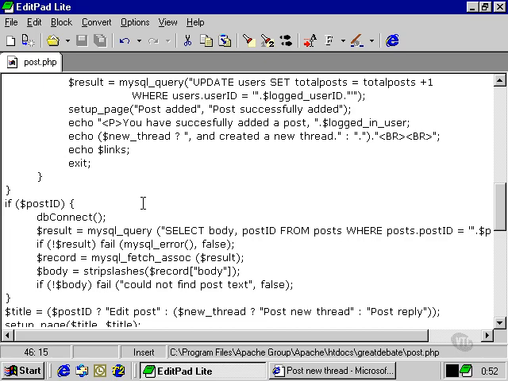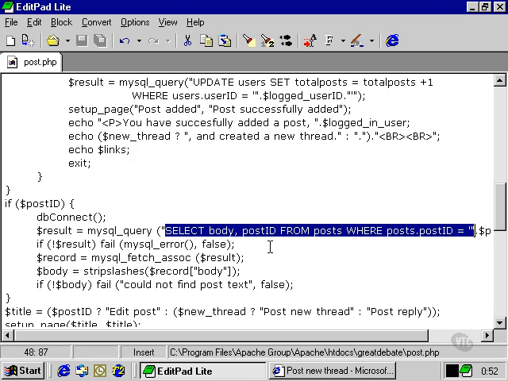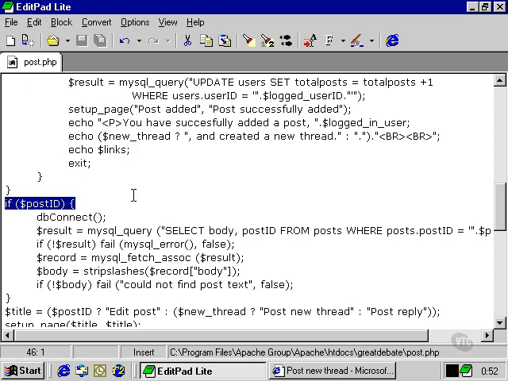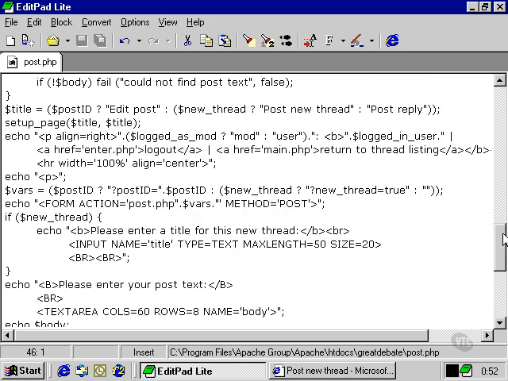If that's the case, then we need to connect to the database and select the particular post that's been requested. This condition here makes sure that the user is editing a post and not making a new post. However, the two paths rejoin at this curly bracket here, and then we add